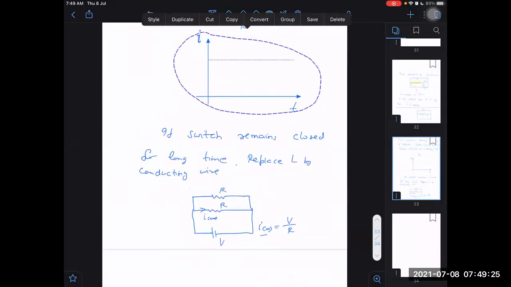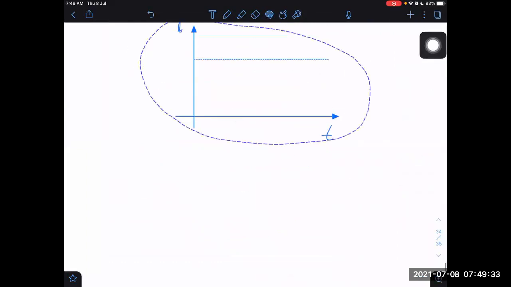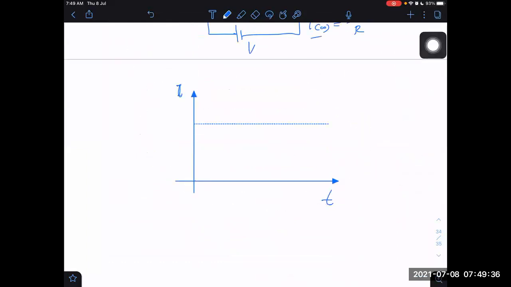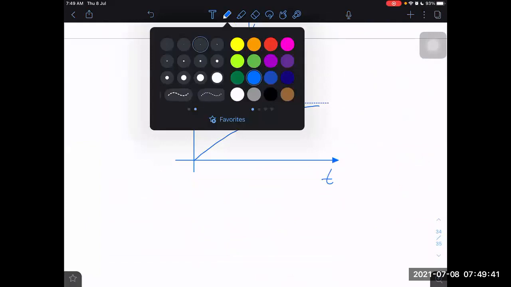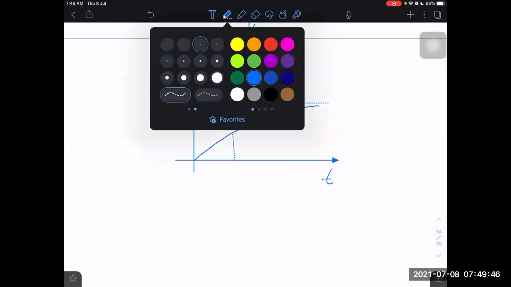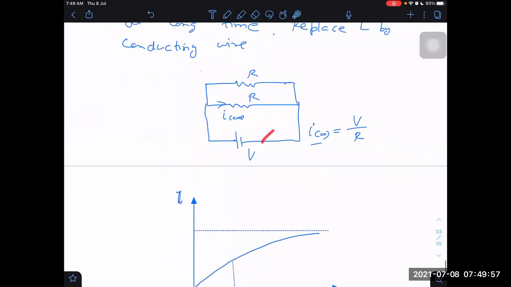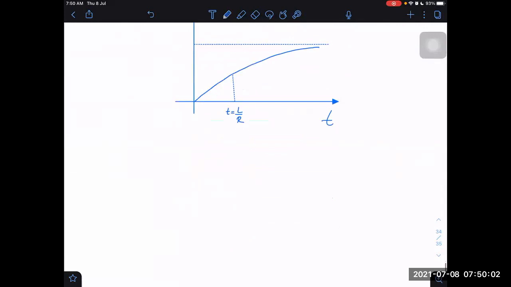Yes, sir. Then let me just draw it again here. What would it be then? This way, right? But I have also mentioned that the switch, at t equal to L by R, we are making some changes in this. What changes are we making? We are again opening the switch. If we open the switch, will the current be able to flow through this? No. What happens just after that?